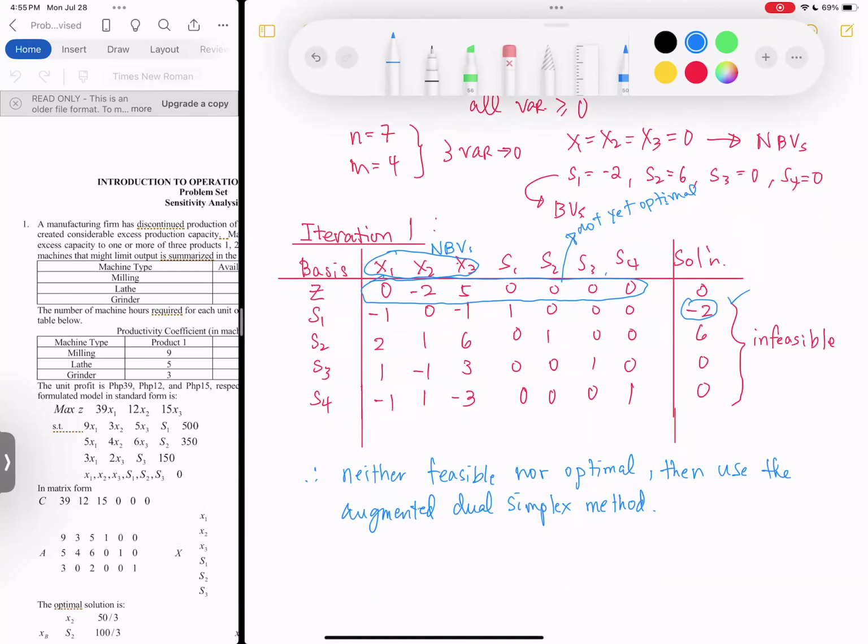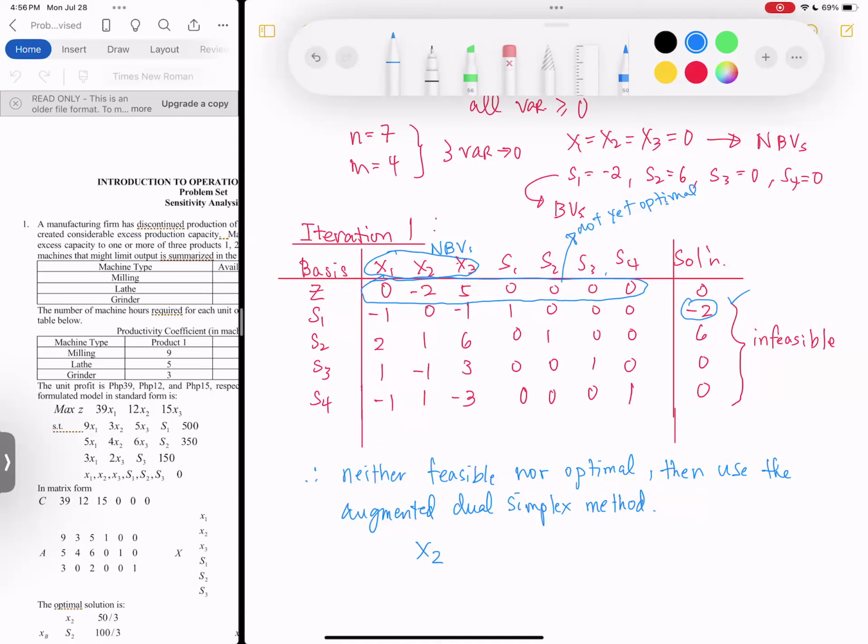Okay. So what would be that equation that we will add? We will have to augment a redundant constraint. And that constraint would consist of the variables that make the zero suboptimal. So what would that be? So we already know that it is x2, right? Yes, sir. Agree? Okay. So x2 will be the redundant constraint.